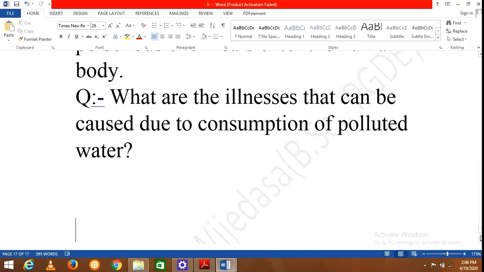like cancer, kidney failure, which is a common condition in our country nowadays. It is said that it is due to the consumption of excessive agrochemicals. These are long-term disease conditions, cancer and kidney failures. In addition to that, by drinking polluted water, we can get diarrhea, as well as vomiting.